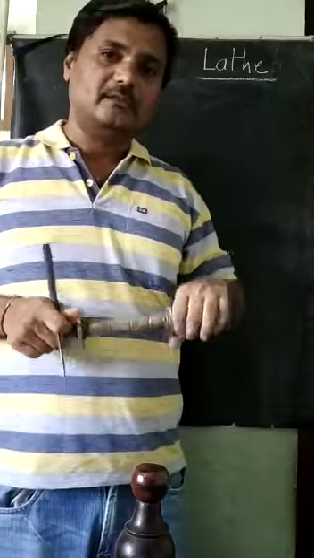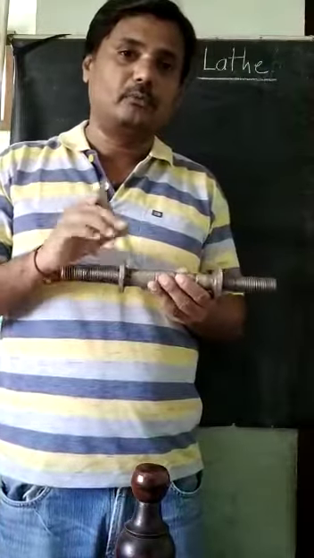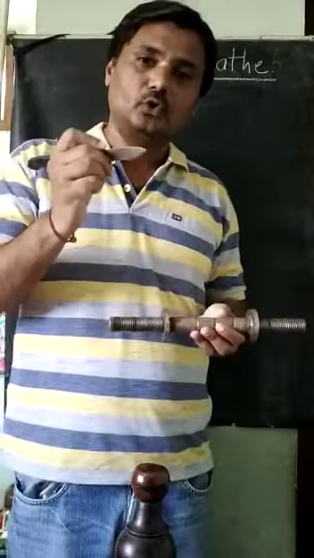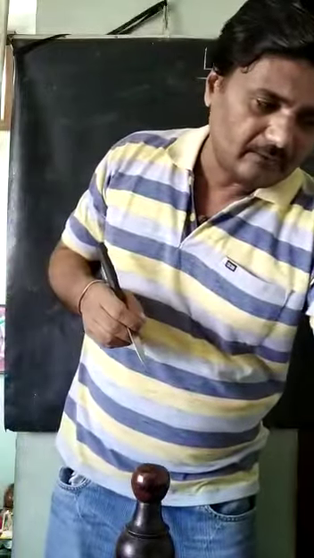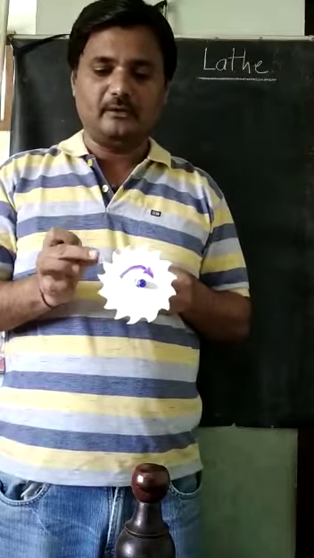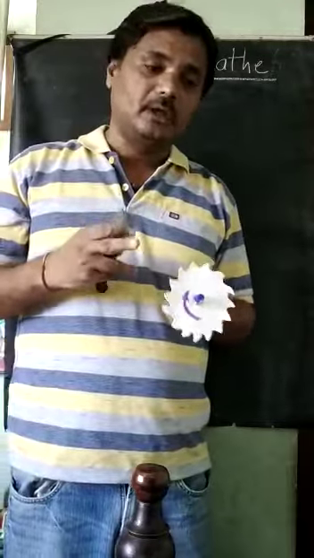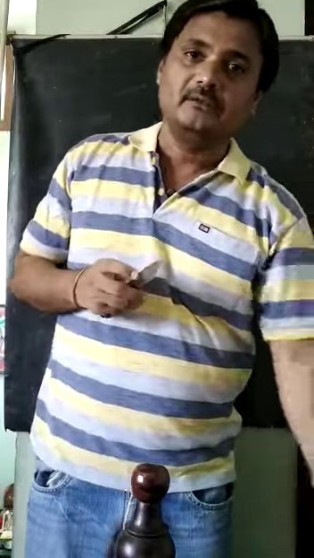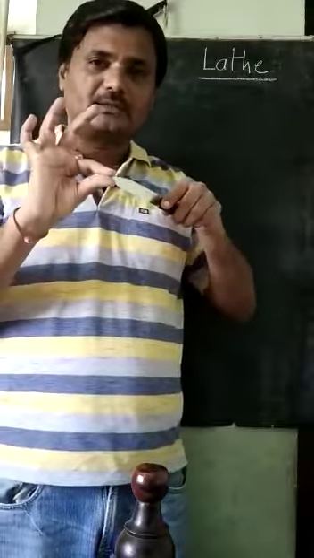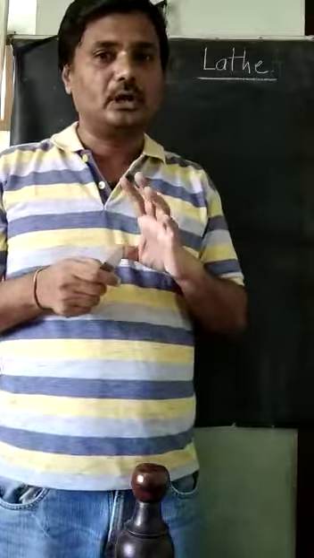So this is the main interaction between the job we want to machine and the tool which is used to remove the metal here now. As we have studied, in milling we have a multi-point tool cutter, where the cutter has many points. Whereas in the lathe machine, it is usually a single point cutting tool. The point is only one. The tool has to touch the job to remove that metal.